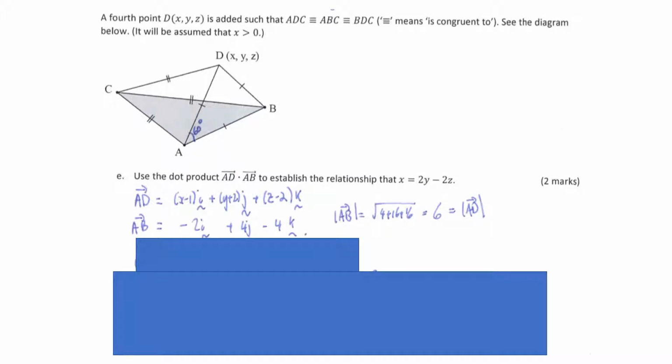Okay, on to part E, a fourth point. So we're going into 3 dimensions now. XYZ is added such that ADC, BCD, and BCD are all congruent. So you've got 3 identical isosceles faces to this triangular pyramid, and of course, because they're all identical, the length of the base of each of those isosceles triangles